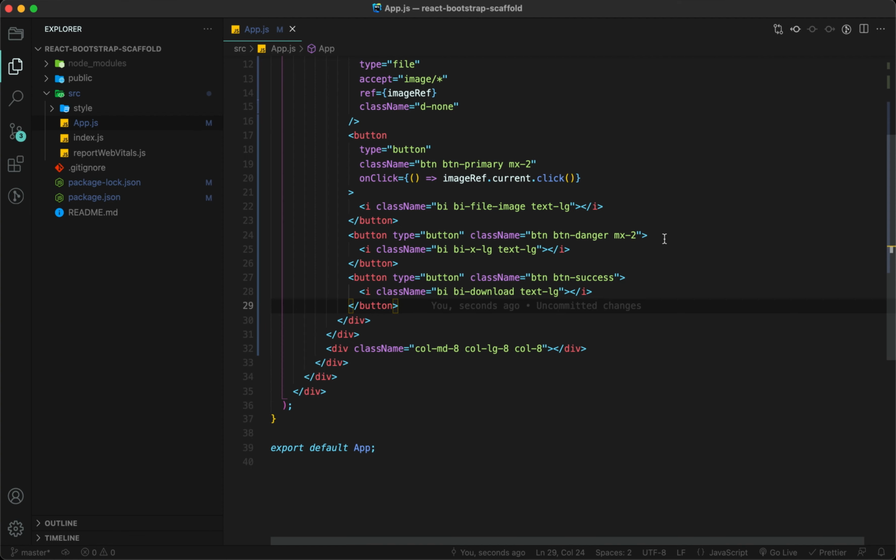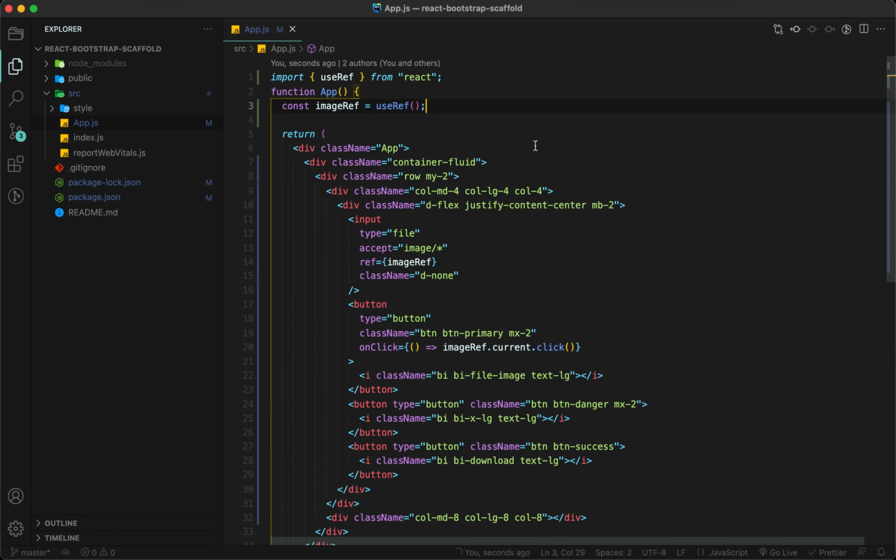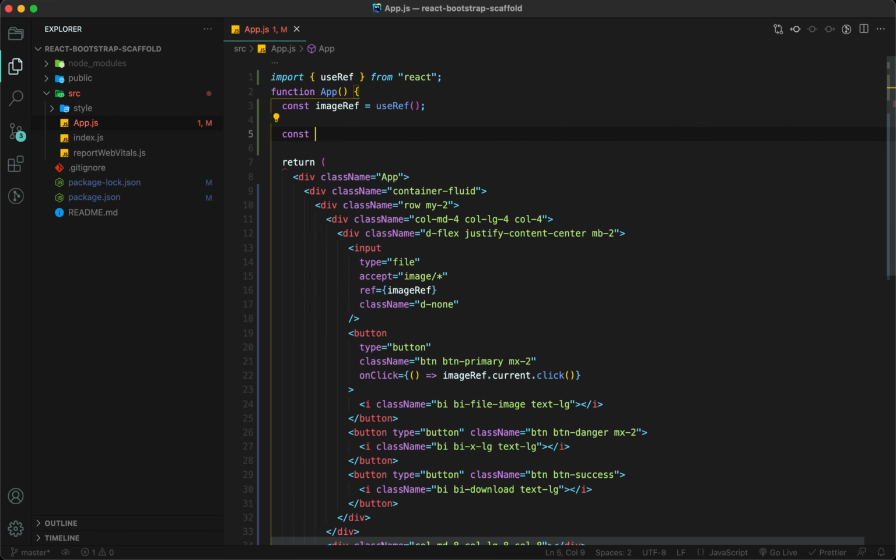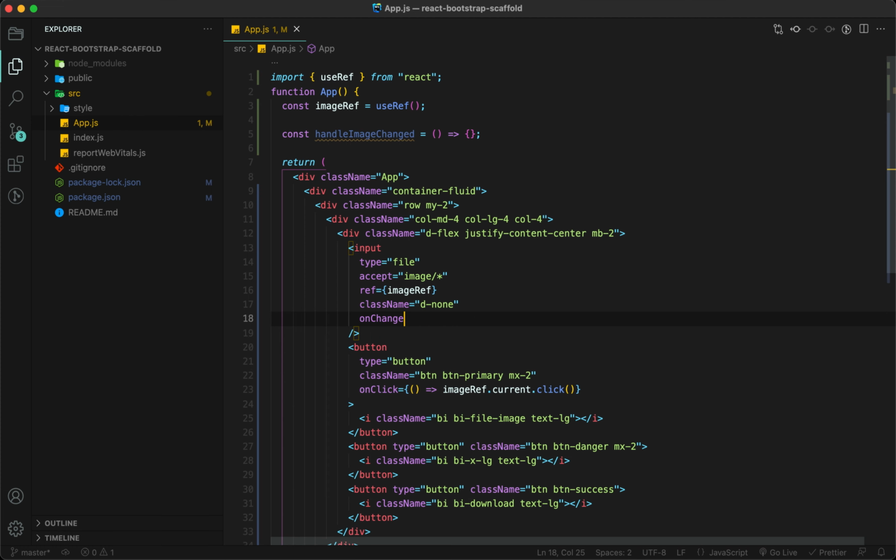When we select the image, then we have to store that image somewhere. So for that I am going to write a function to handle the image select, handleImageChange, and this will be an arrow function, and I'm just going to call this one on the input's onChange.